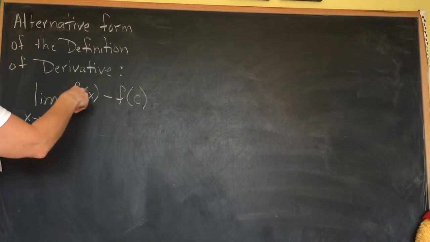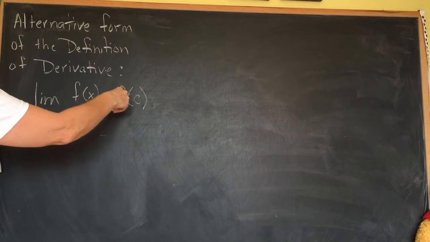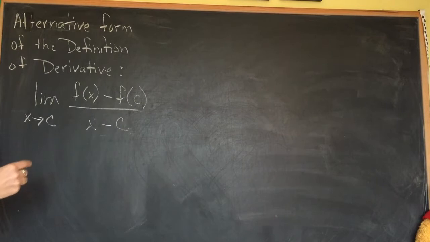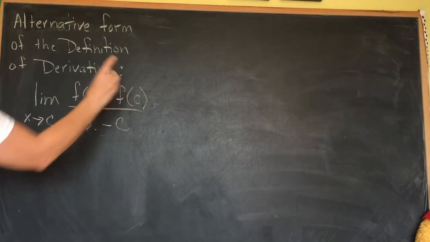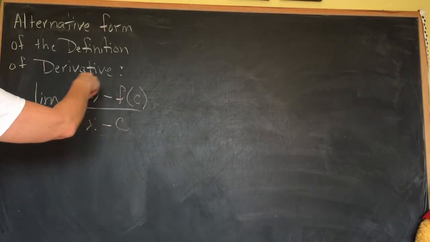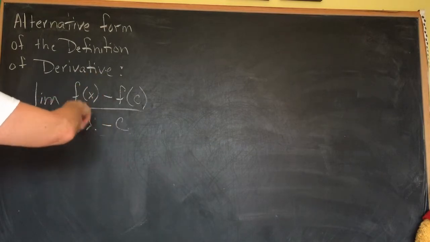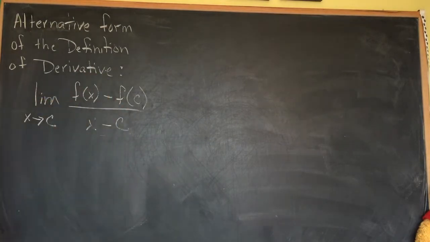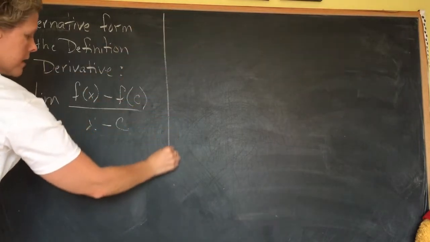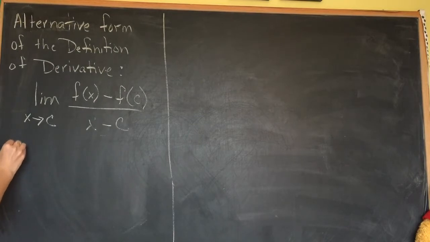f of x is a y value. When you plug a value into the function and get a number, that's a y value. So really, this is just y minus y over x minus x. This is just slope. So now we're going to take the limit of a slope function here, and that's going to be our derivative. So this definition here is when you are trying to find